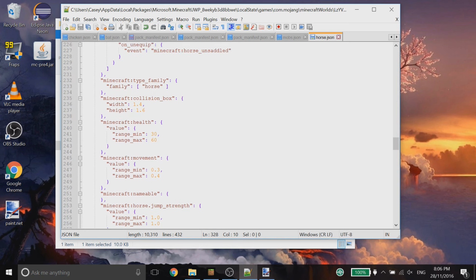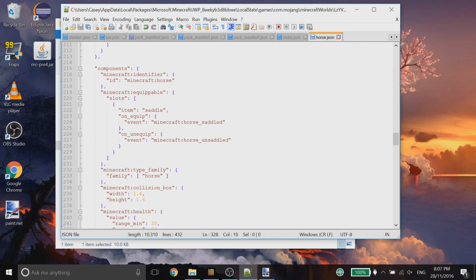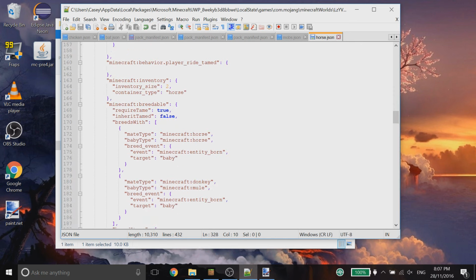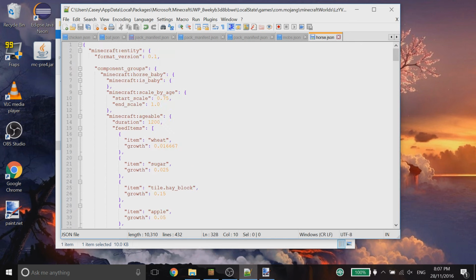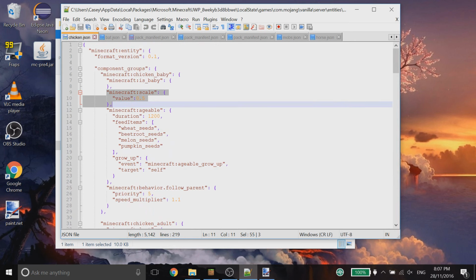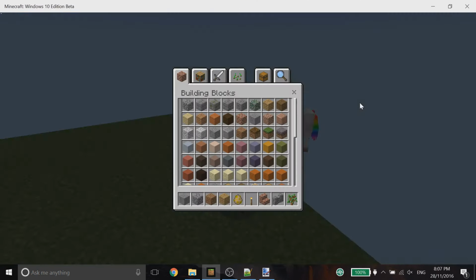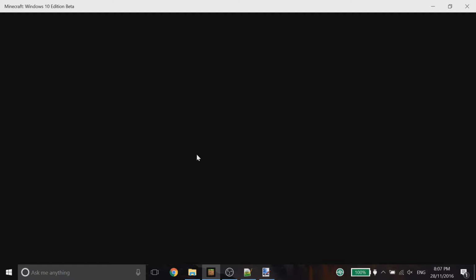Let's have a look. Health, movement, collision box. You could scale it up if you want. There's a behavior here called scale, which, if you look in the chicken actually, at the top here, there's a behavior called scale. So copy that out and then you can maybe make it a giant horse. But that would also mean changing the collision box as well. But anyway, regardless, let's go back here,